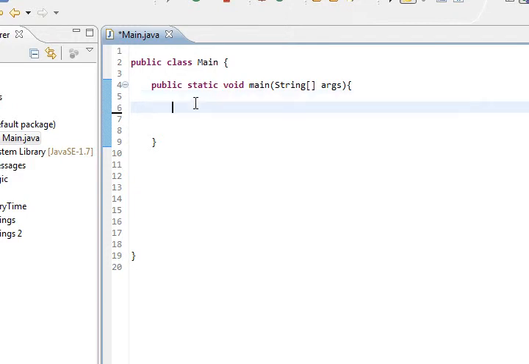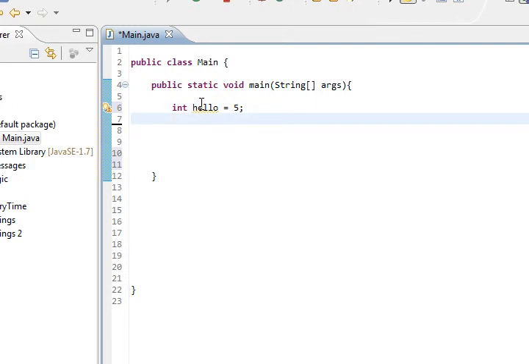So we're going to make, let's say first an int, we can say hello equals 5, and we're going to make a boolean height equals false,